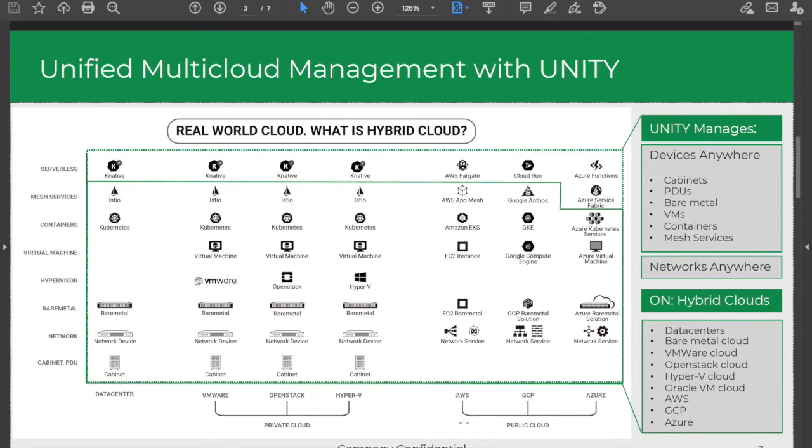This implementation was done using Unity. Unity is a multi-cloud management platform for your entire hybrid cloud. Unity manages your data centers, your private clouds from VMware, OpenStack, Hyper-V, and your public clouds, Amazon, Google, Azure. And it manages all your hybrid cloud assets, starting with cabinets and physical data center racks and power distribution units,